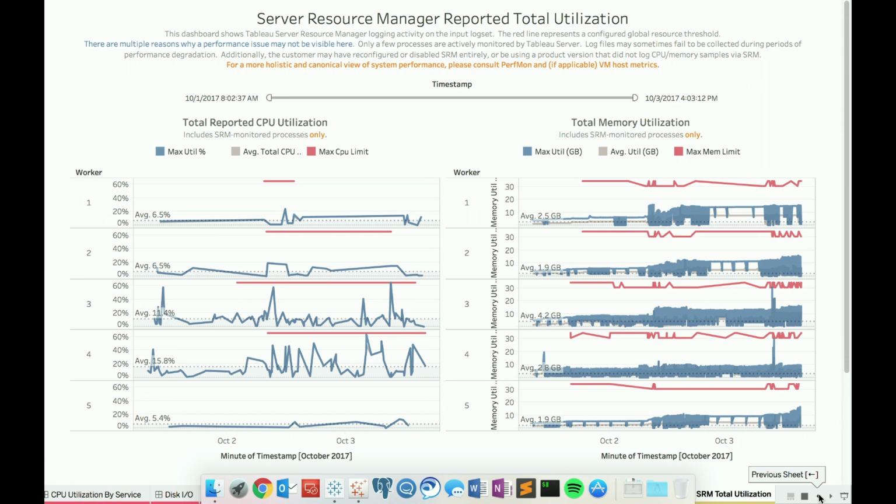So as an admin, when I come to this view, it's really easy for me to tell, especially when I'm doing some sort of capacity planning or upgrade, what I would need to upgrade to the next version. I can quickly identify, hey, maybe I need more CPU cores or I need more memory because the current installation is really choking at that. And then